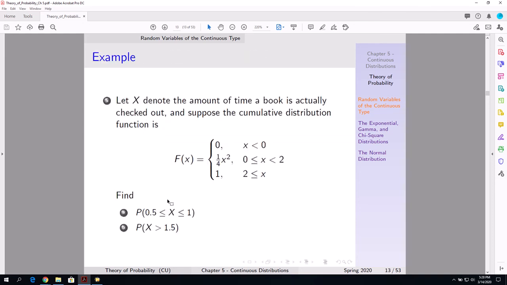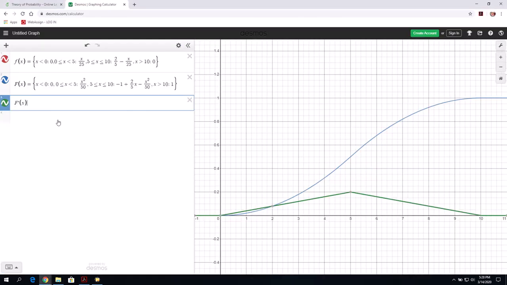I take the derivative. So let's actually put this over in Desmos and do that. So I go over to Desmos. Let's do a different letter. Let's do capital G of x equals,